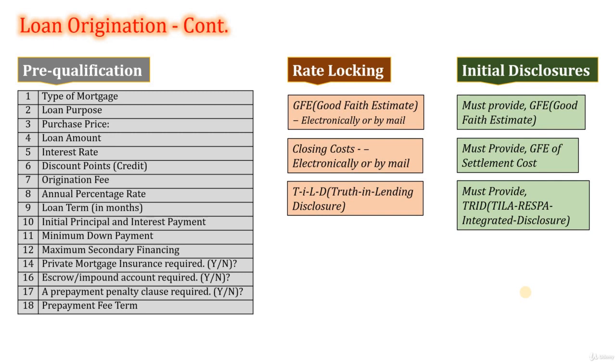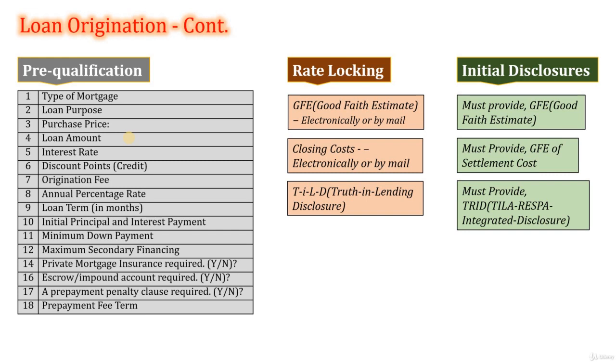So also the scenarios, which contain values of the parameters. When doing the pre-qualification, you would come to know what type of mortgage is required and what the purpose of the loan is, whether it's for purchasing a new property which the borrower is going to occupy, or whether he is buying a vacation home. That kind of analysis is done in the loan purpose, purchase price, what is the price of the property, loan amount, interest rate, what interest rate the loan might have to have,